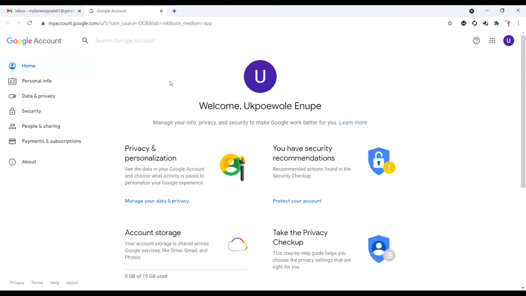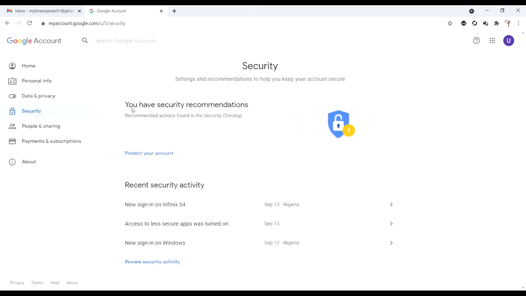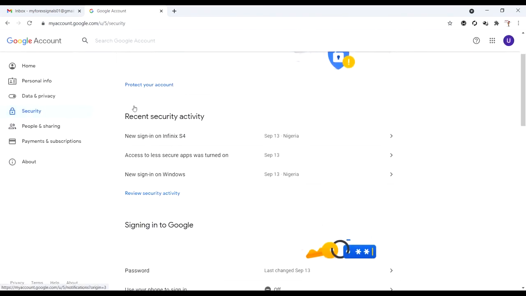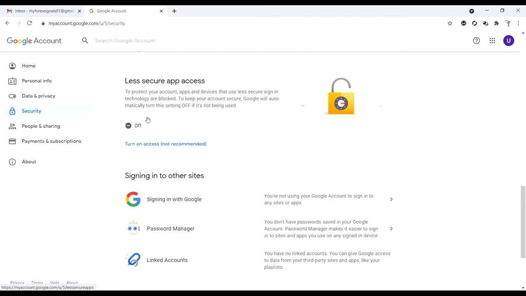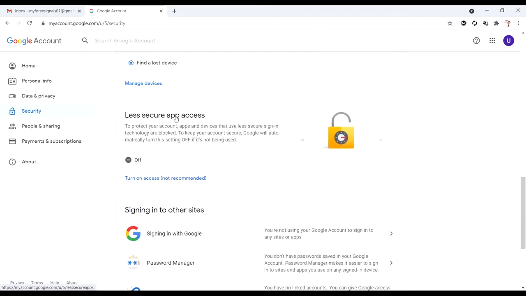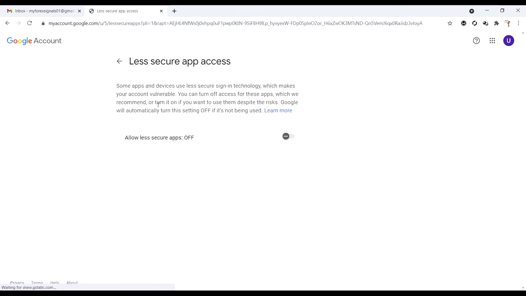What I want you to do is just come to security. When you come to security, you then scroll down to where it says less secure app access. What we have to do is click on this and then turn this on.